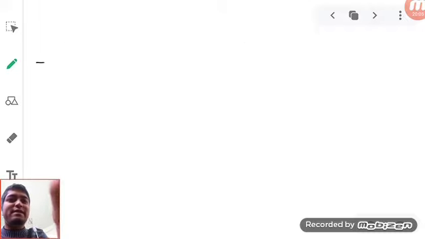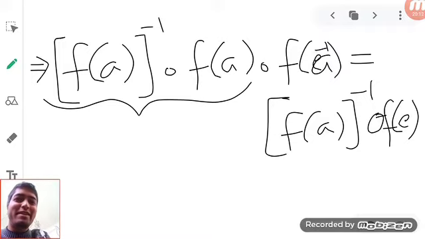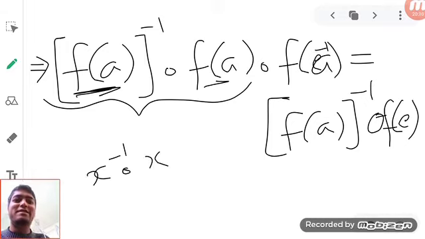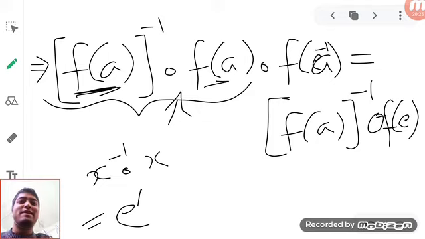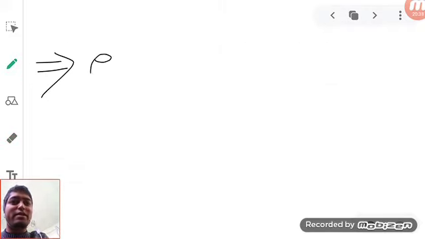So let's see the next line. The next line is actually very simple. The inverse times an element. It's just like this one. If you take Fa as x, x inverse x, how much will you get? You will get the identity, right? But over here the identity will be E dash, because this is an equation in G dash. This is an element of G dash. This is an element of G dash. So it will become the identity E dash. So this is what I'm saying. The first one will give you E dash